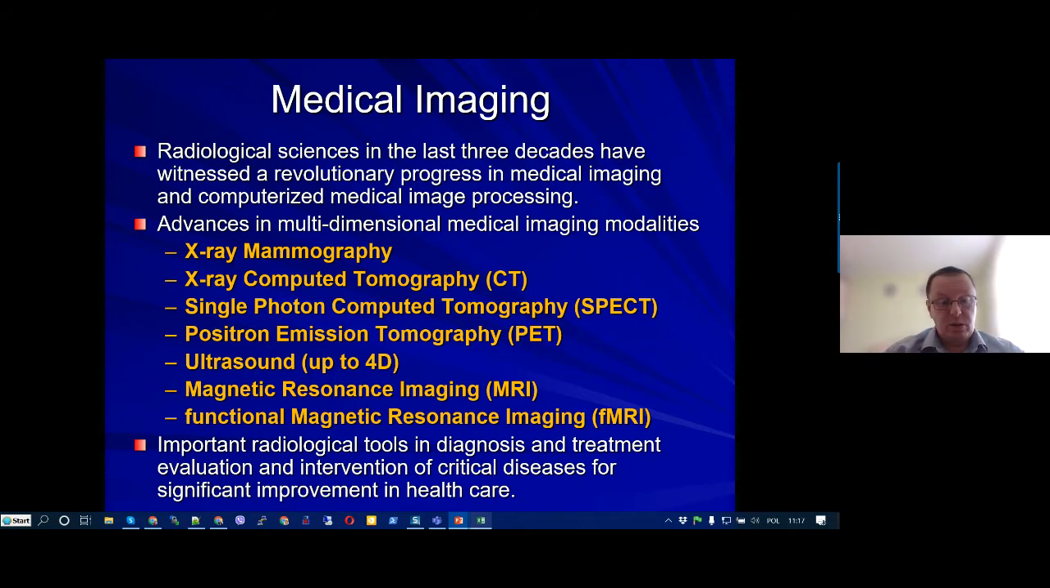So in radiological science, in the last not only 3, but I would maybe extend the period to 4 or 5 decades, I have witnessed revolutionary progress in medical imaging and computerized medical image processing. And what are the advances in multidimensional imaging modalities? They retrieve images by using X-ray effects for mammography, computer tomography, conventional axial tomography, or a modern approach like